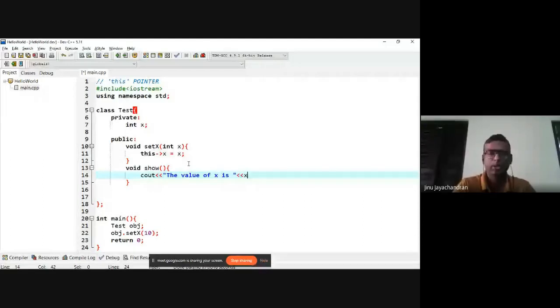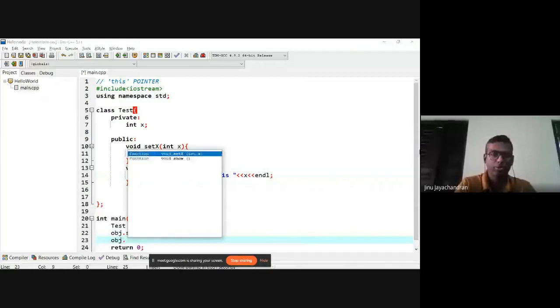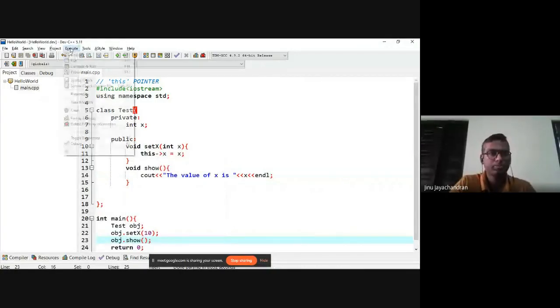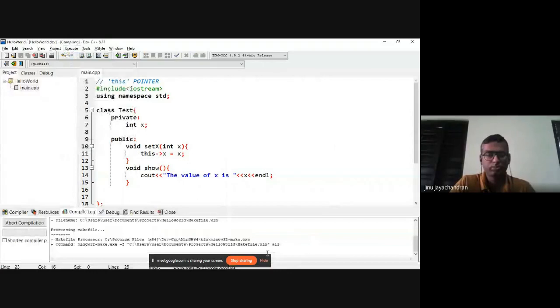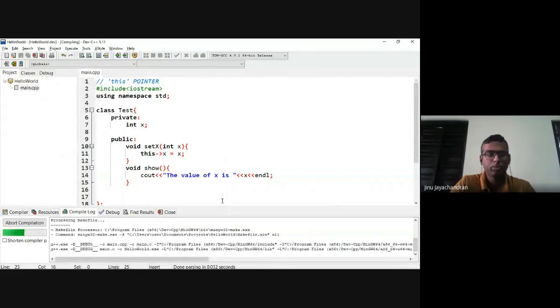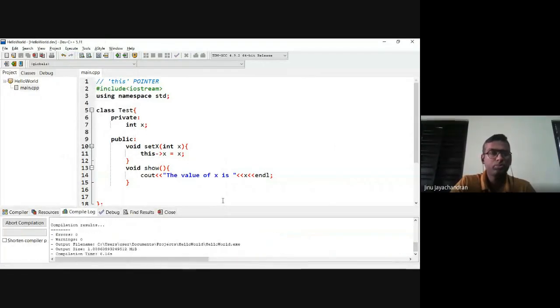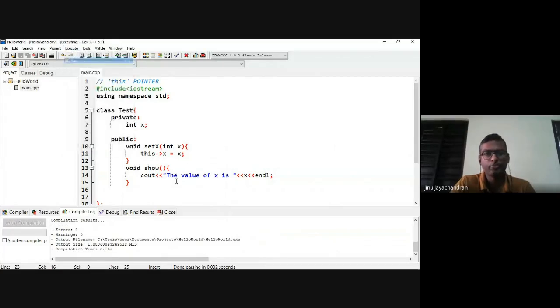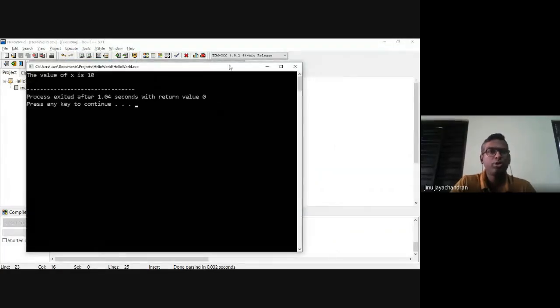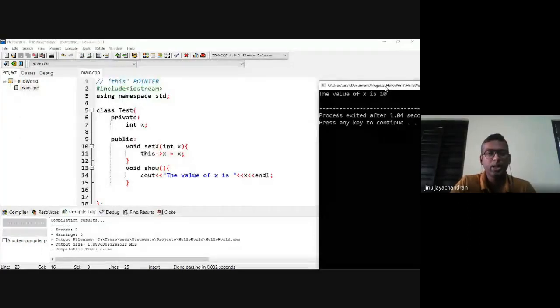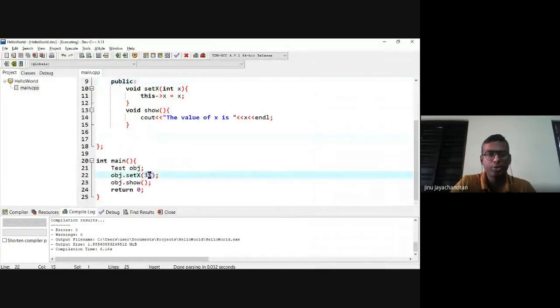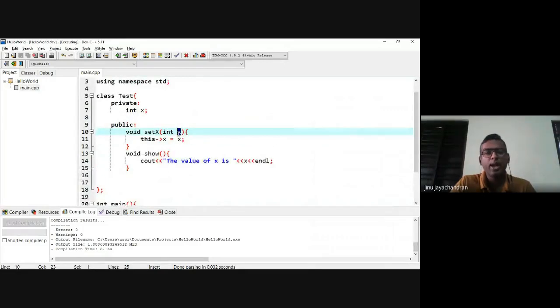If I call that function obj.show, and run this, you see the value of x is 10. I passed the value 10 to the argument x, and I assigned that value to the private variable x of the object using the this pointer.